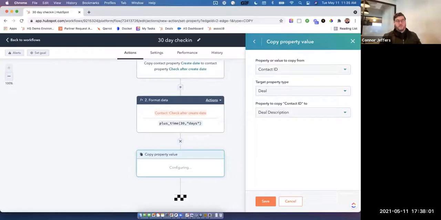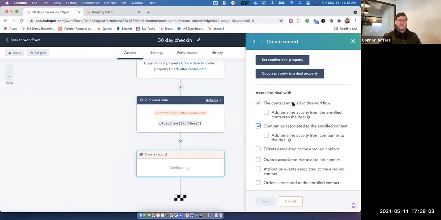Okay, this one's from Andrew Baker, and he works in residential leasing where they often have multiple contacts for a single deal, so couples, groups of students. The question was, can we automatically group these contacts and create a deal when they enter the funnel? So what you can do inside of HubSpot, and then I'd love to follow up with you directly on some other ways you might be able to manage this,